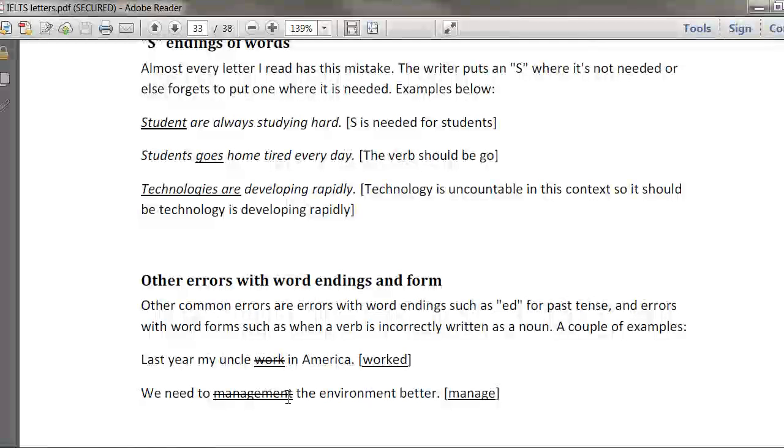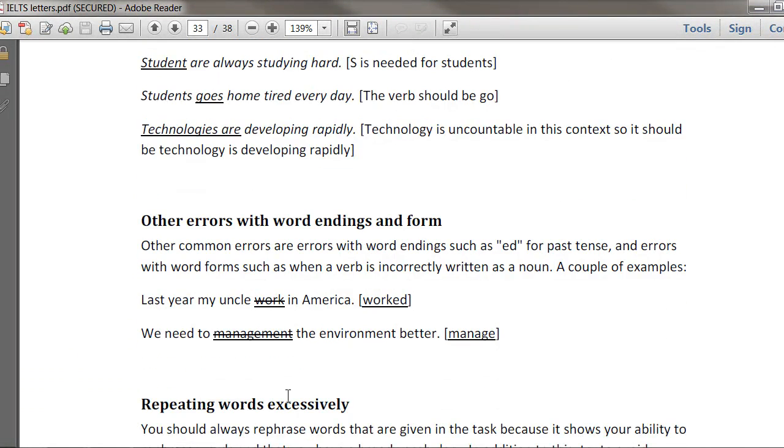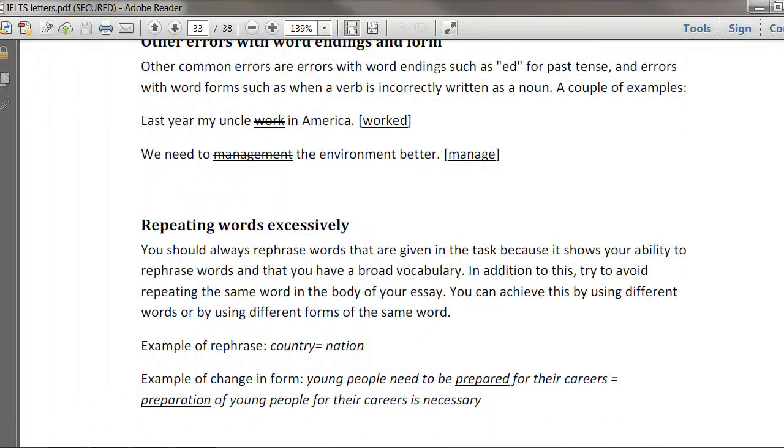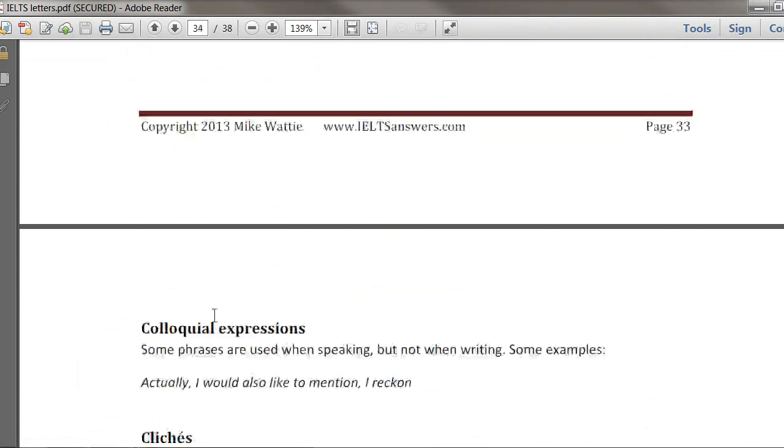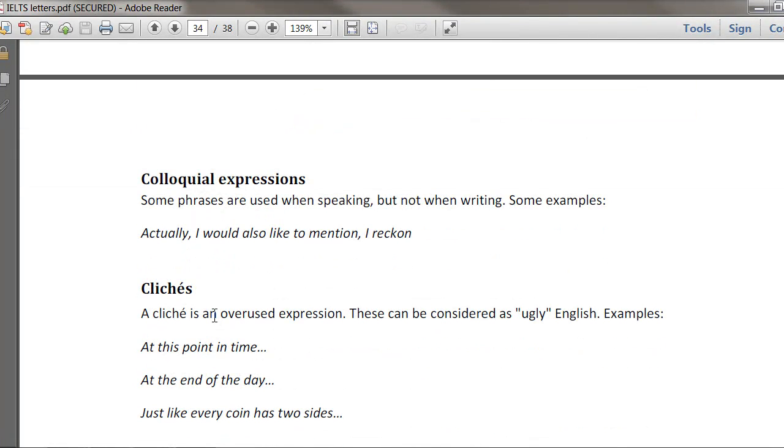So this counts under vocabulary or lexical resource. Try not to keep repeating the same words. Try and use words that are different to the task. We can rephrase words, or we can change the form of words, maybe from prepared to preparation. Okay, rephrasing, really important. Some things we say when we're speaking, but not when we're writing. I reckon, you should not write reckon. Okay, so trying to avoid that, trying to avoid